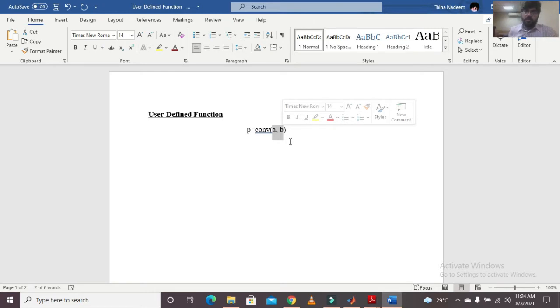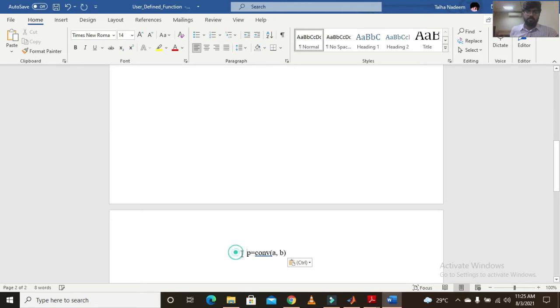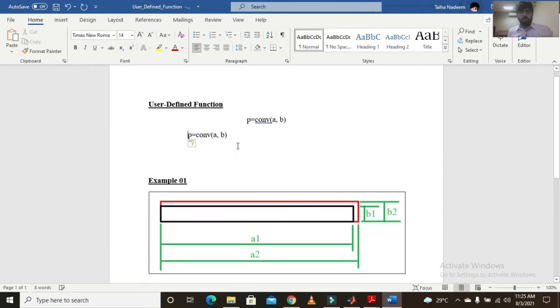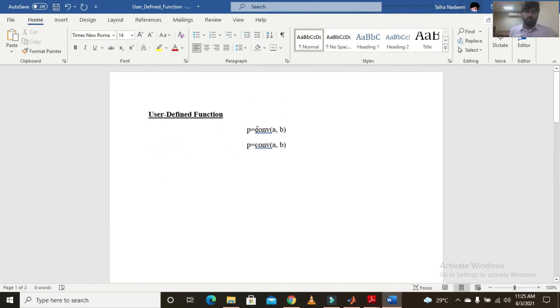But if you remember another function, deconv, which was for the division of polynomials, there were two outputs, quotient and remainder.